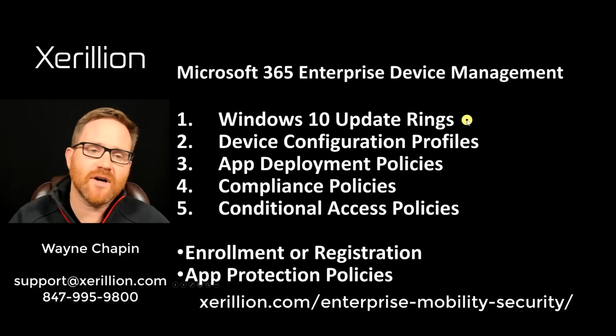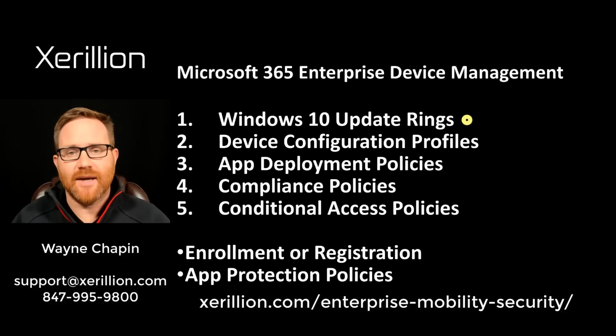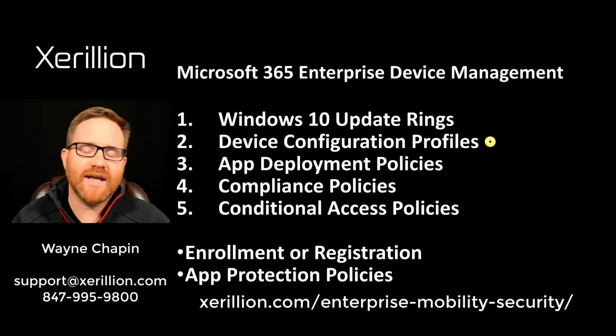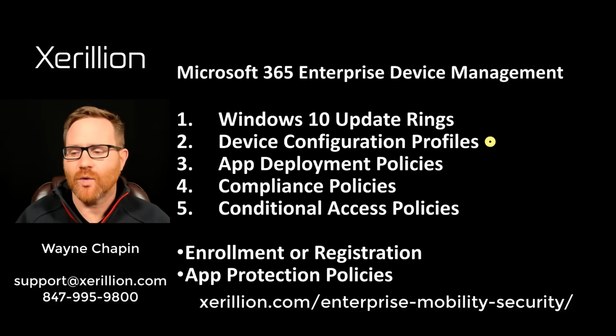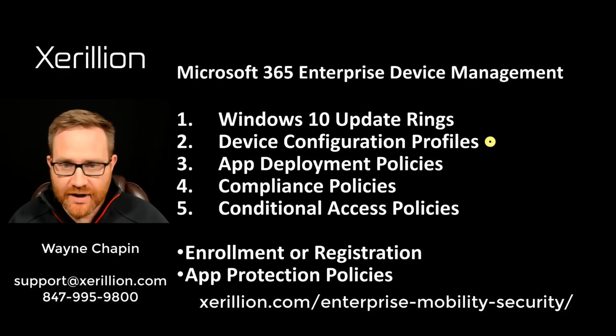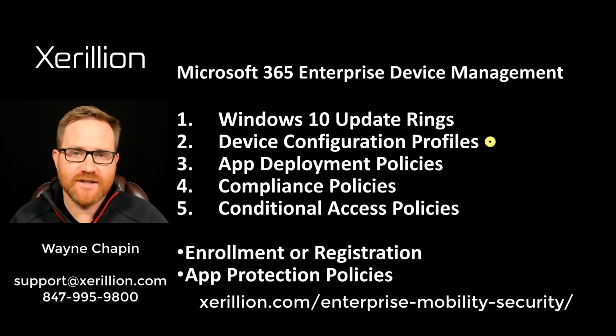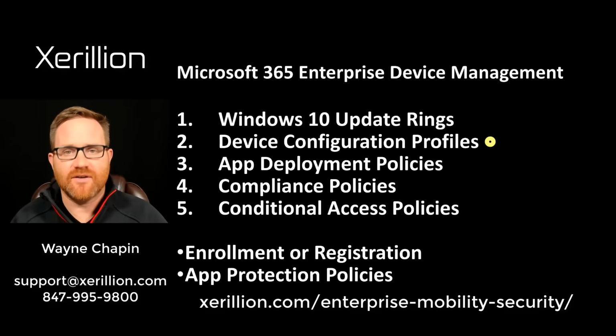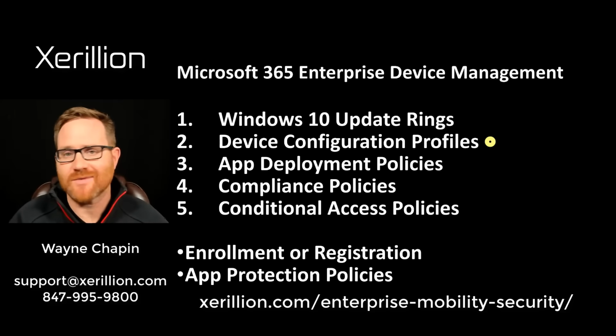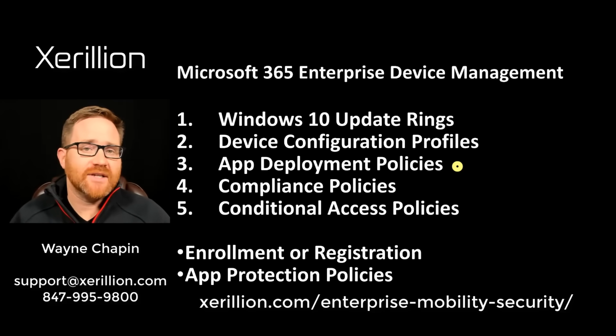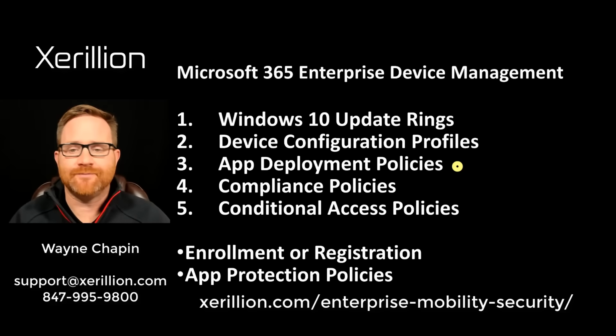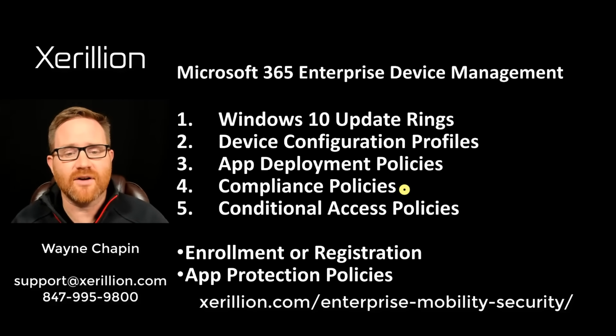So the first thing we're going to talk about is configuring a software update policy for Windows, or a Windows 10 update ring. Then we're going to talk about a device configuration profile. So how you want your computer configured, how you want the Windows settings configured. There's a bunch of different things that we can configure there. We used to use imaging systems. We don't need that anymore. We can use configuration profiles. And then there's going to be software that we need to deploy on those devices, and we're going to configure an app deployment policy. And then once we've got these 3 things configured, then we're going to configure a compliance